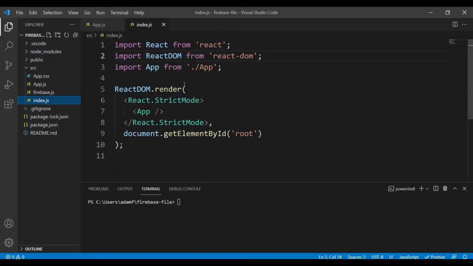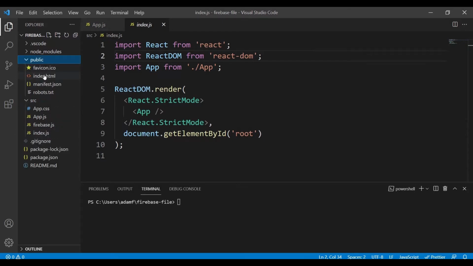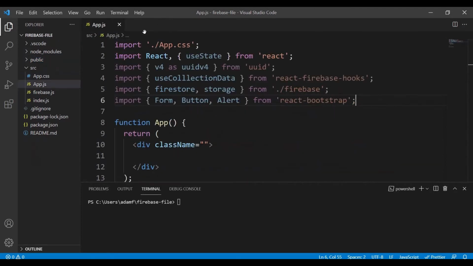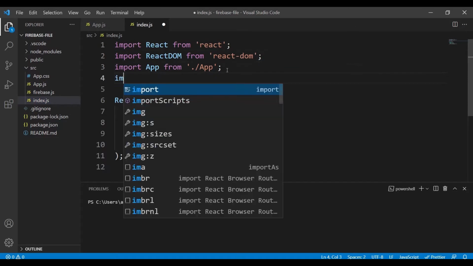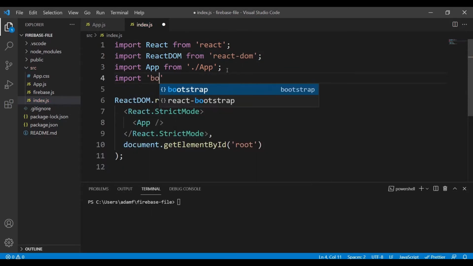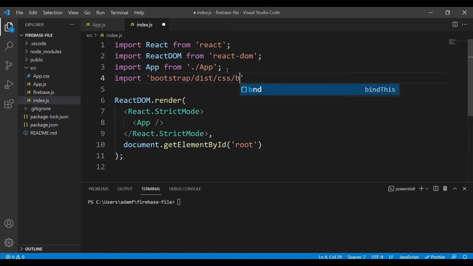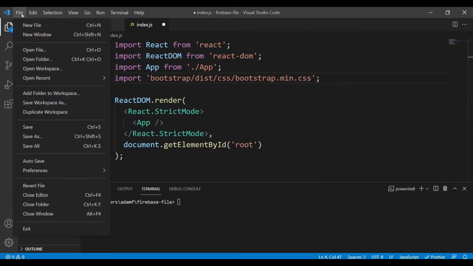And one other thing we need to quickly do, I'm going to copy and paste it. We need to go in our index.js file, and we need to import Bootstrap there, just so it works. You could put the CDN inside your index.html file, but that's not really recommended. This is a little bit of a cleaner way to do it. I just come in here and I'm going to say import bootstrap/dist/css/bootstrap.min.css, so our Bootstrap elements will work. Okay,